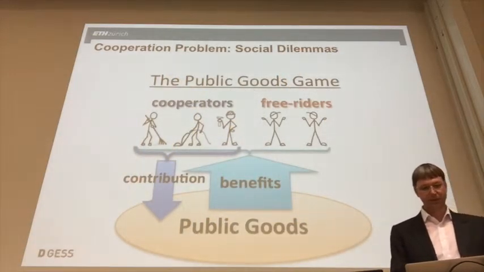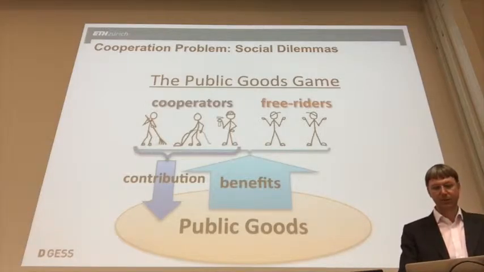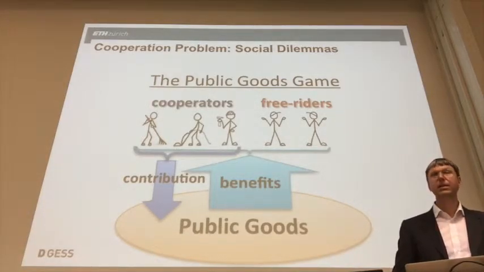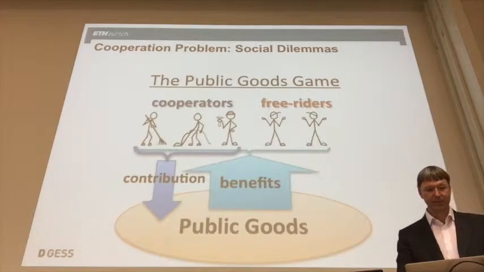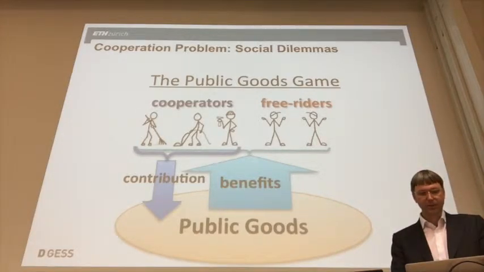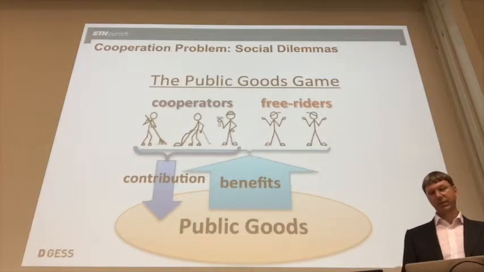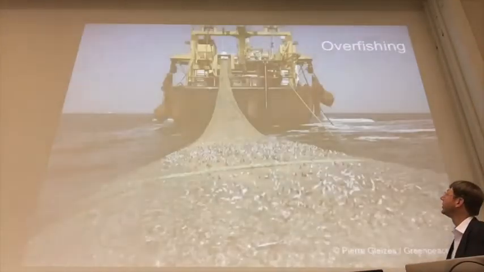The other very famous game that people have studied at large is the public goods game, where people are creating a common good together. There are some cooperators that make a contribution to this common good, but everyone benefits from this. And that creates incentives for free riders not to contribute, because they would get the benefit without having to invest. Obviously, that creates incentives not to cooperate, and that's why we would often end up with the tragedy of the commons, such as environmental pollution, or overfishing,